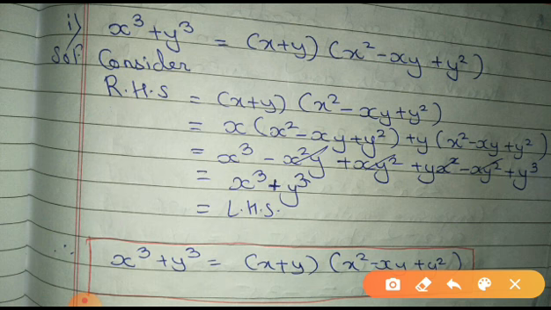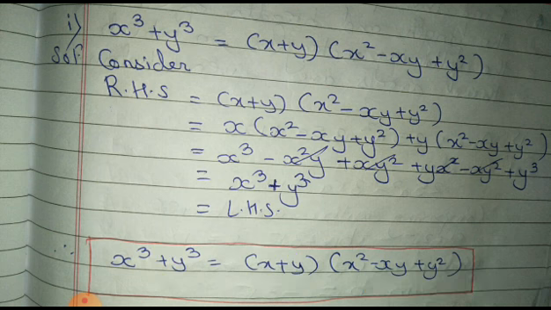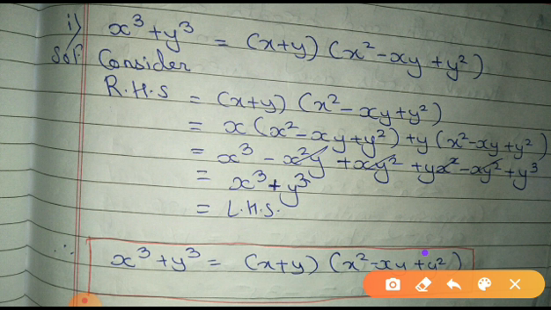See how to remember it. Here it is x cube plus y cube. In between you have a plus sign. So my first term should be positive itself, x plus y. If here it is plus, this term should always be negative. That means I'll be getting x square minus xy plus y square. The rest, this term will be positive itself because square of any number is always positive. Clear? So if here it is plus, here it should be negative.